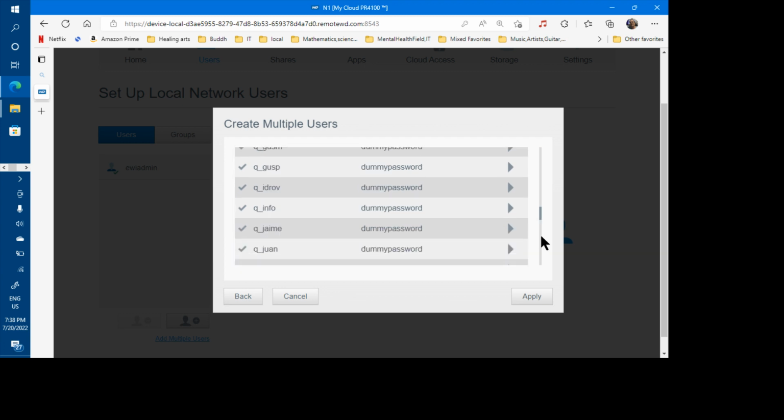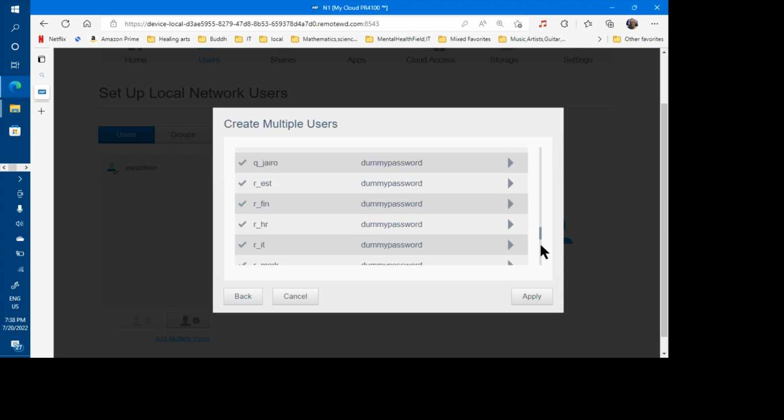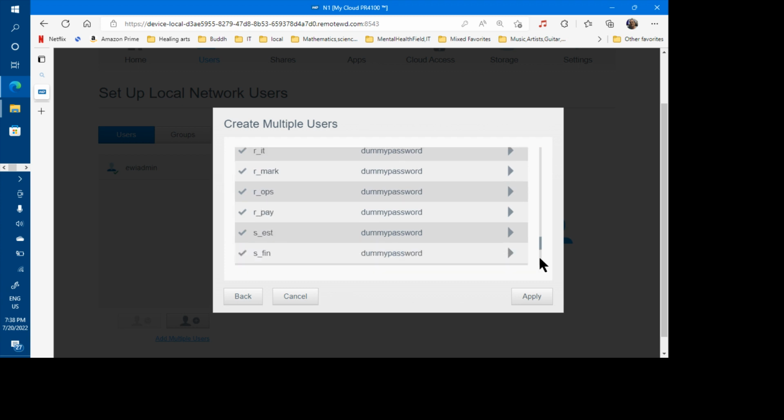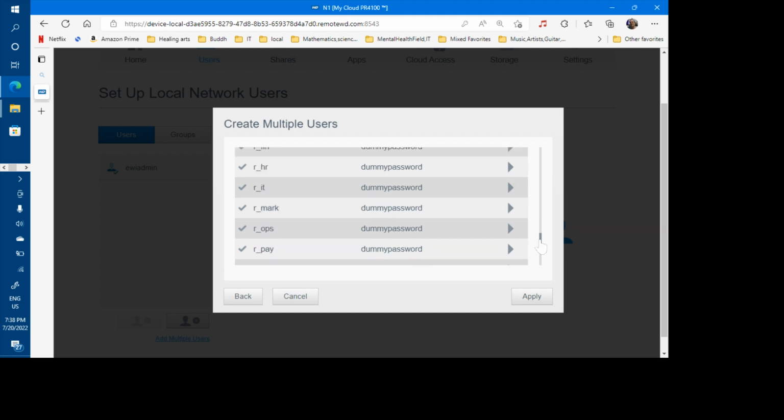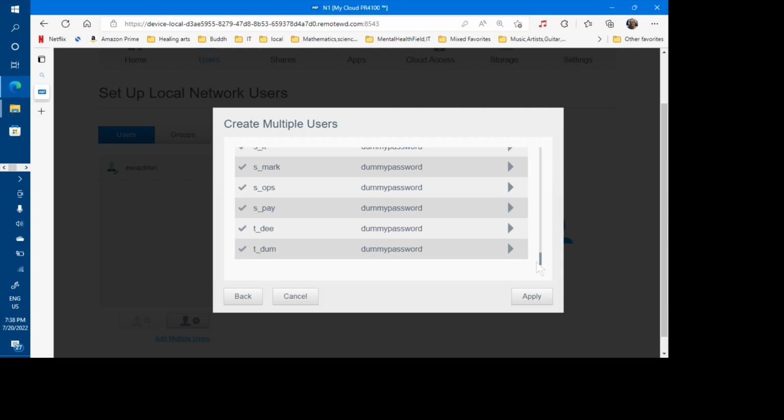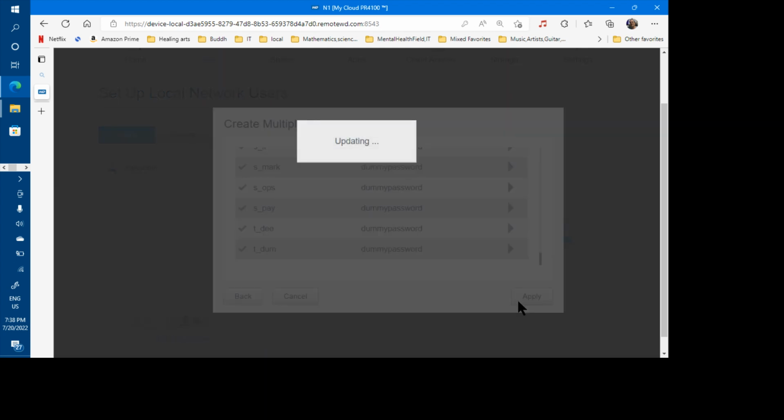And they're shares of the same kind of name, and 7 special folders, reserved and shareable, and dummy folders td and tdum. Okay, so I apply, and it's updating, it's creating them, and when it's done, I should be able to see